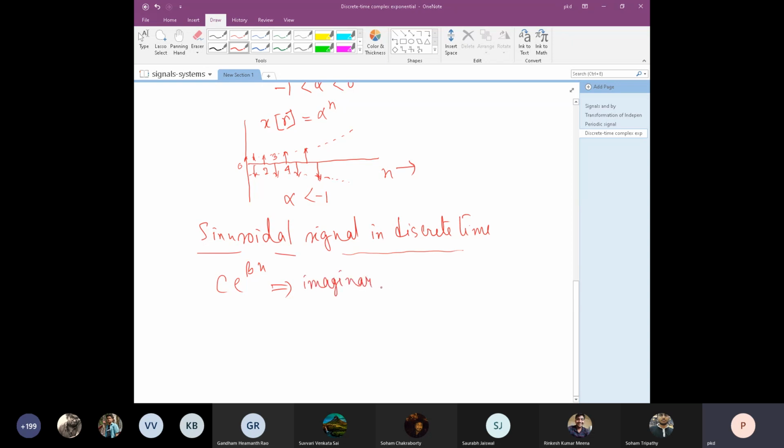If beta is imaginary, with n an integer, then the mod of exponential of beta is equal to 1. Because we are interested in a sinusoidal signal, let us take